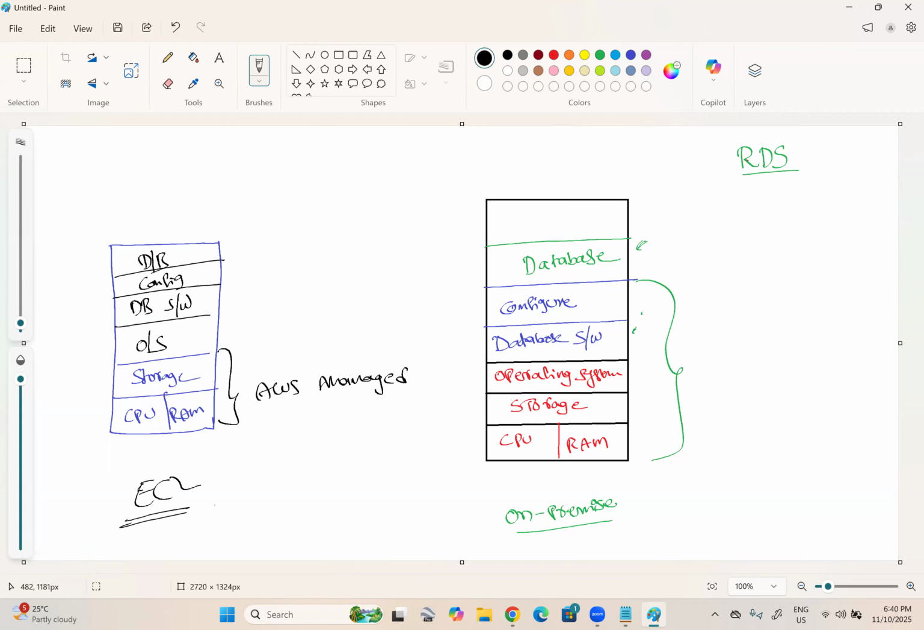If you are planning to maintain a database on an EC2 instance, the hardware will be taken care of by AWS, but still you are responsible for managing the operating system. You are supposed to download and install the database software. You need to configure the database, create your database, and manage the data. Whereas in RDS, you are only responsible for managing your database. Database software installation and everything else will be taken care of by AWS. That's why we call it AWS managed